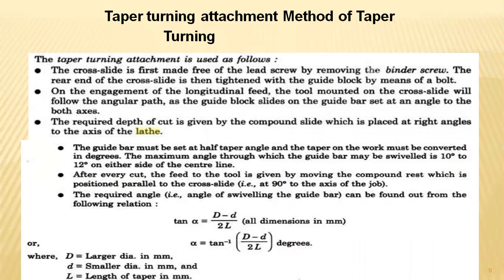The tool is fed at an inclination, maintained exactly at 90 degrees, parallel to the base frame, which needs to be machined on the lathe. The inclination maintained for the bracket calculation is tan alpha, and hence alpha is equal to tan inverse of (D minus d) by 2L, where D is the original diameter and d is the required diameter.